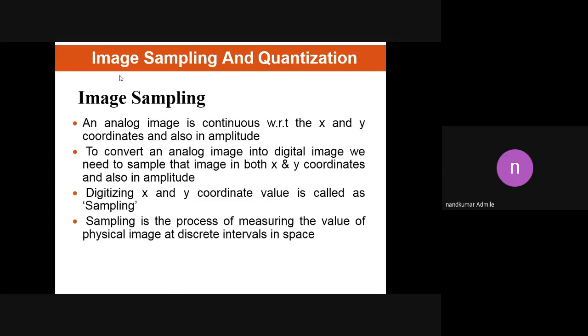How to represent the image. But by using image sampling and quantization, we can implement these three techniques. These are the three theoretical techniques, so what are the theoretical techniques we have to implement in a practical way? In order to achieve the practical way, we need to convert the analog image into the digital image.